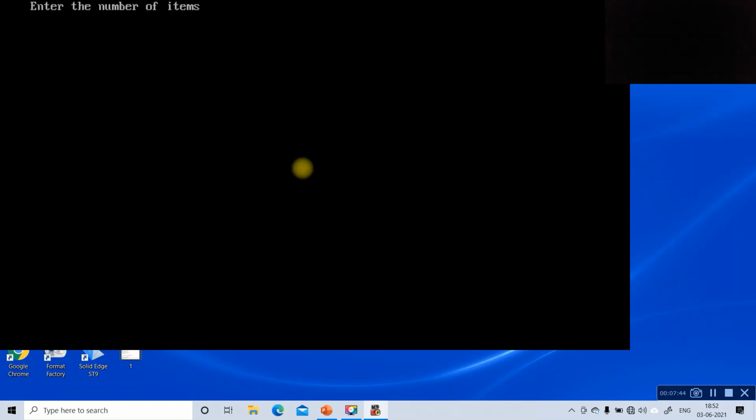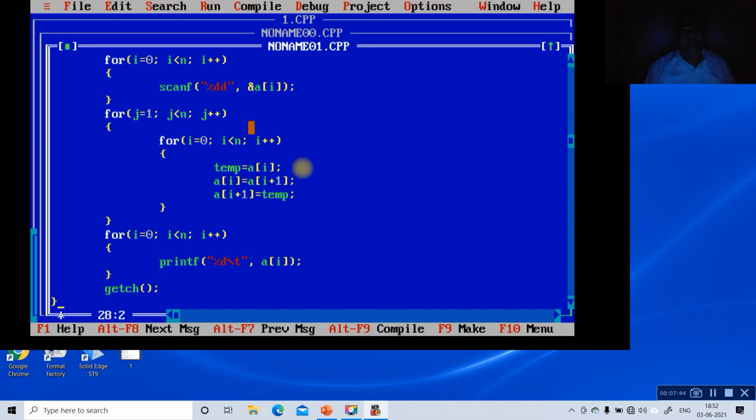Now we are going to run this program. Enter the number of items to sort. The sorting elements, I will take 50, 10, 30, 20, 60. Then we are going to get this as 60. Getting some values, so here we are going to take 40, 50, 10, 30, 20. So this is the one which is going to be given.